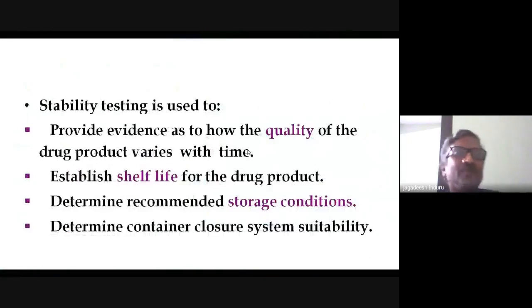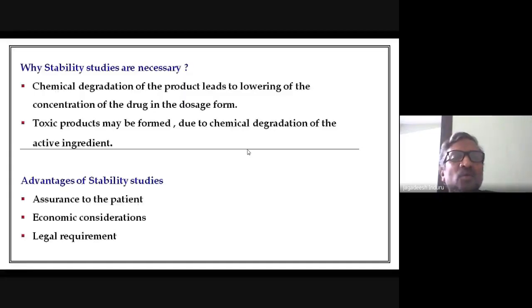So to recapitulate, why are the stability studies necessary? They are necessary to study the chemical degradation of the product. The product may be a tablet or a capsule or a syrup, and degradation leads to the lowering of the concentration of the drug in the dosage form. This is what we want to study to establish the shelf life and expiry date,